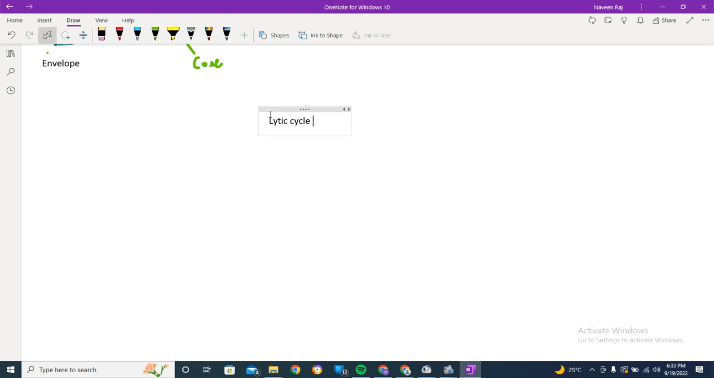Let me zoom a bit. Okay, so we will be discussing the lytic cycle, and we'll be looking into the diagrams to understand it. I'll be writing less theory, but you will get clarity about the actual concept. So first of all, let me tell you that this is a